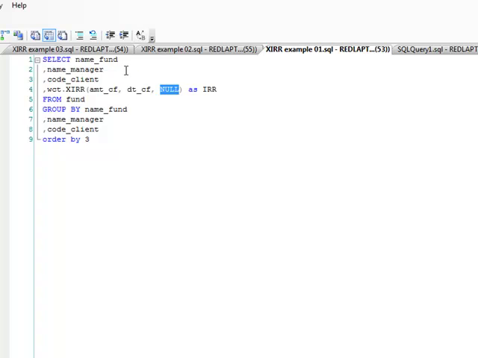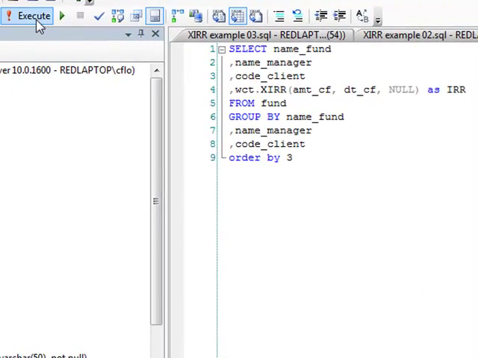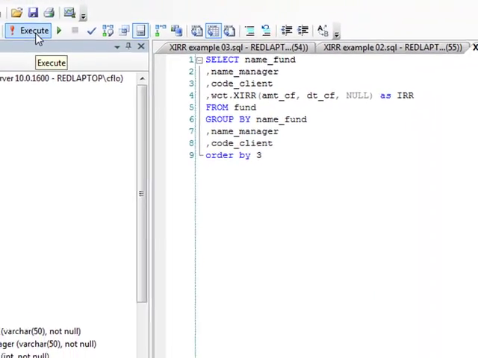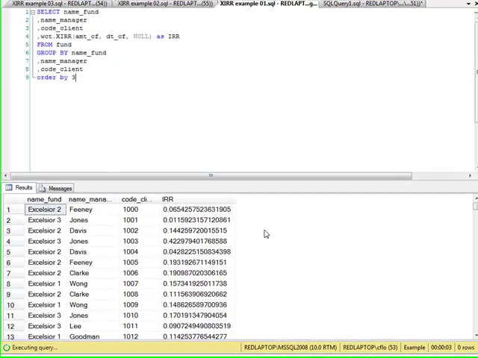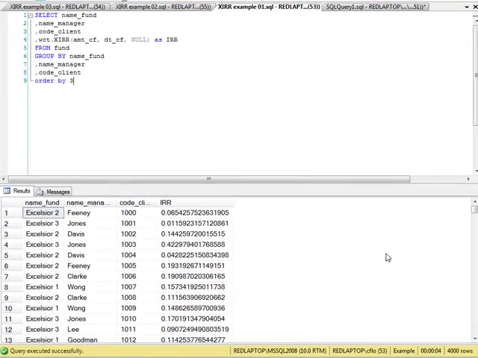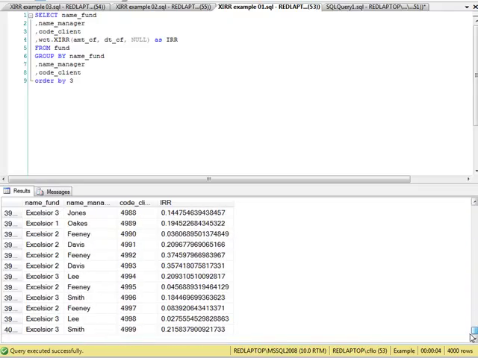In this particular example, we're going to look at the XIRR values by client code, manager name, and fund name. Since this is an aggregate function, we're going to need to group by that information. And we're going to do the calculation right here on all 563,000 rows on my 32-bit laptop, and we should see results in less than 2 seconds. We got our first result in 4 seconds to get all 4,000 client